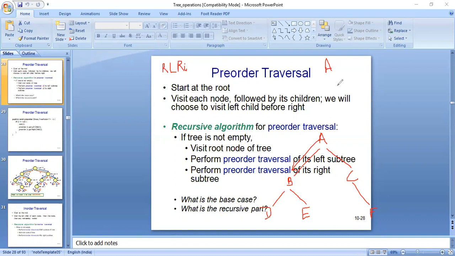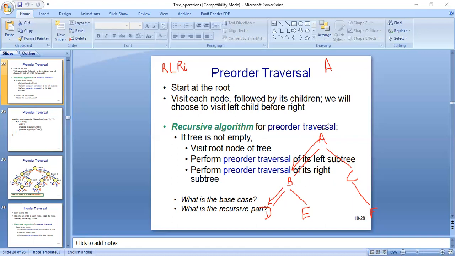So after visiting A, we will be processing root, that is the node B. And then we have to visit the left tree, left of B, because we have to complete the left order first. So we will be traversing here A, B and D. Then we are completed with left side of processing. Then afterwards we will be processing E.